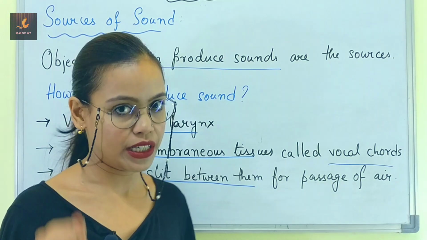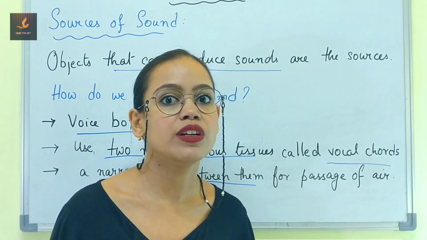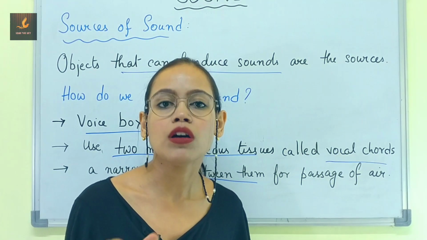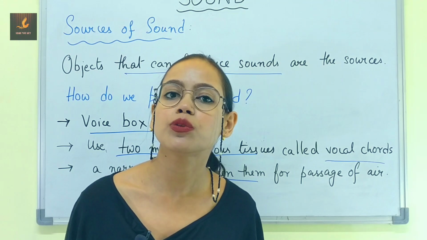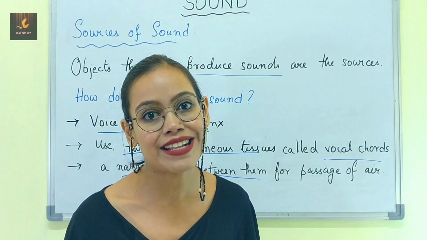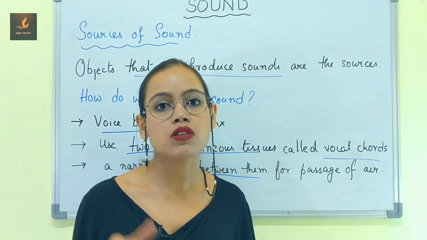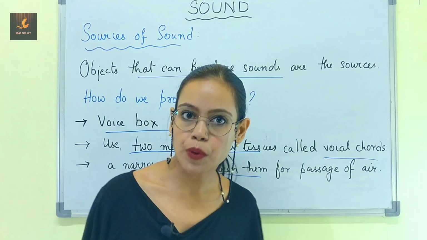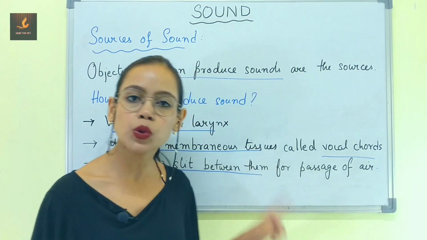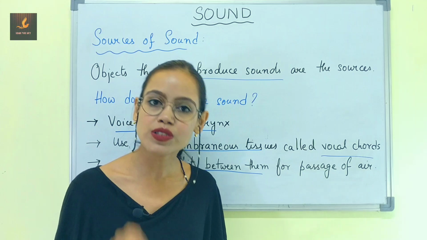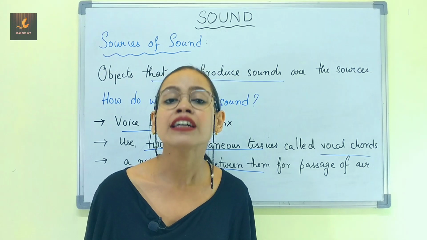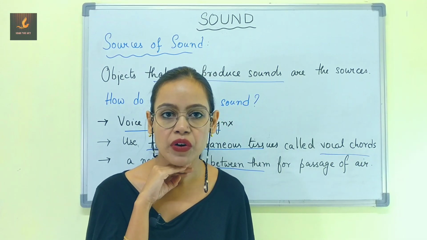As we started this particular video with the production of sound, I told you that sound is only produced when the particles vibrate along a particular point. So here also, in order to produce sound from our own body, there has to be a passage of air or anything else that would help the vocal cords, or the particles or structures responsible for creating the sound, to vibrate. So here the vocal cords are the two membranous tissues which have a narrow slit between them where air can pass through and make them vibrate, so that we can create the sound from the voice box and it comes out of our mouth.